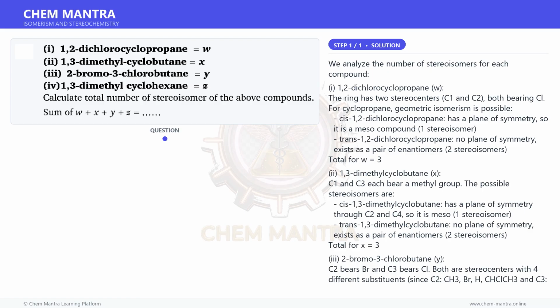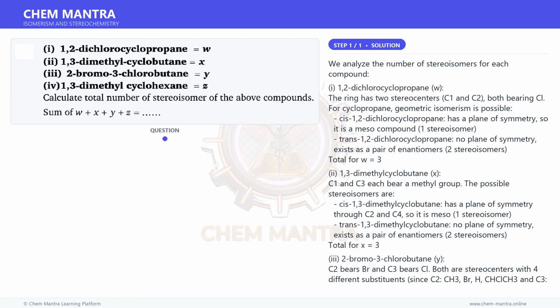4. 1,3-dimethylcyclohexane, Z. C1 and C3 each bear a methyl group. The stereoisomers are: cis-1,3-dimethylcyclohexane has a plane of symmetry, so it is meso, 1 stereoisomer. Trans-1,3-dimethylcyclohexane, no plane of symmetry, exists as a pair of enantiomers, 2 stereoisomers. Total for Z is equal to 3. Summing up, W plus X plus Y plus Z is equal to 3 plus 3 plus 4 plus 2 equals